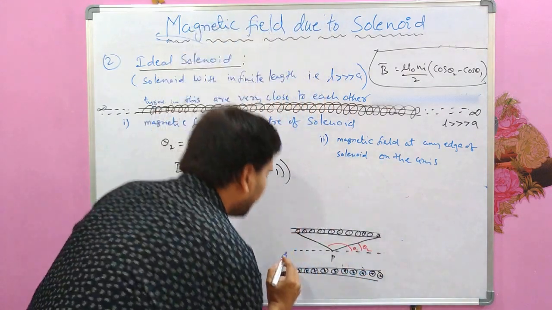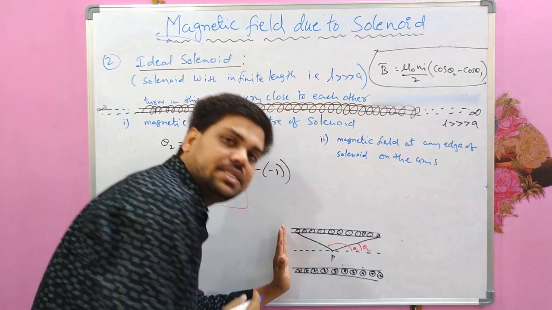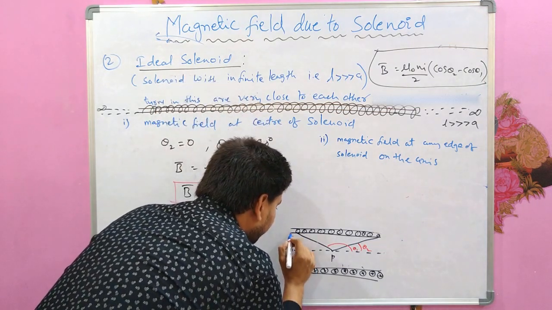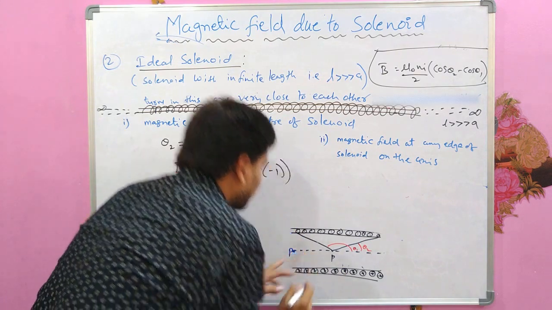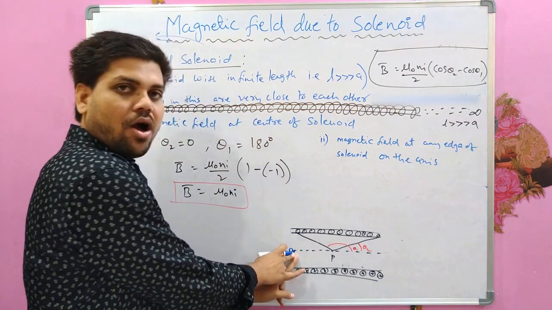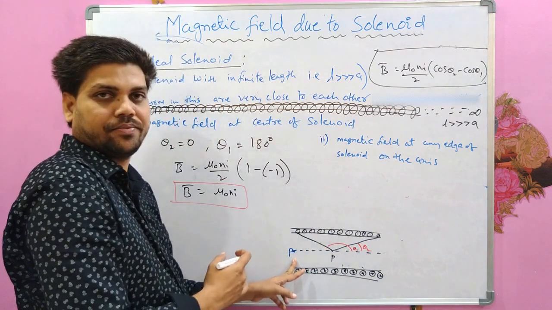Which means the point P is, for example, if this is the edge of the solenoid, the point P is somewhere here. And if point P is taken on this axis at this edge,